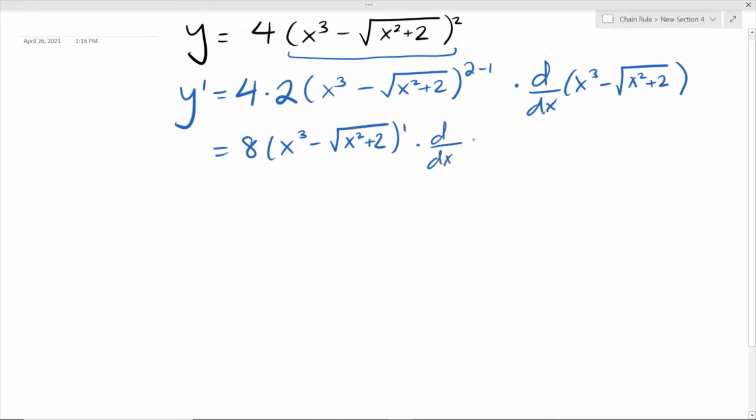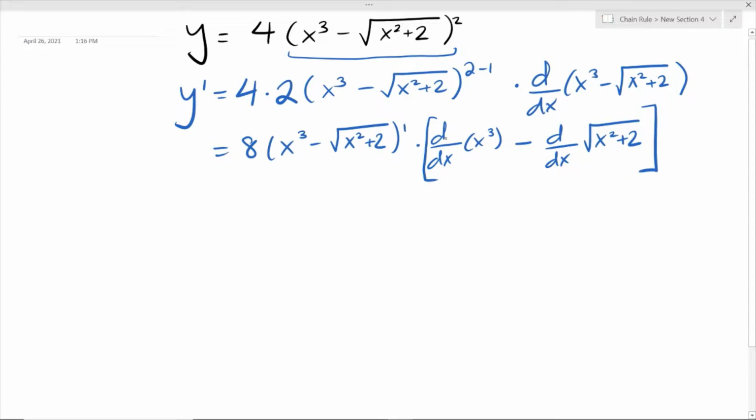Derivative of x cubed. Okay. And we also have to find a derivative of square root of x squared plus 2. So we also have to find a derivative of that. So minus the derivative of x squared plus 2